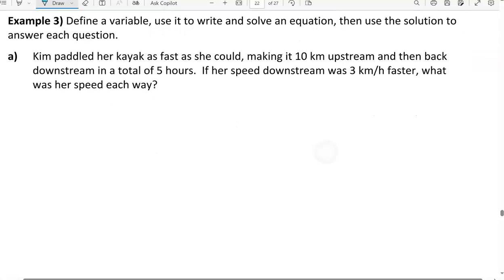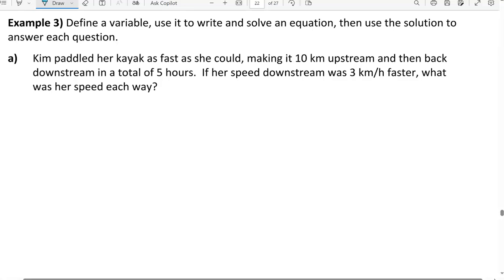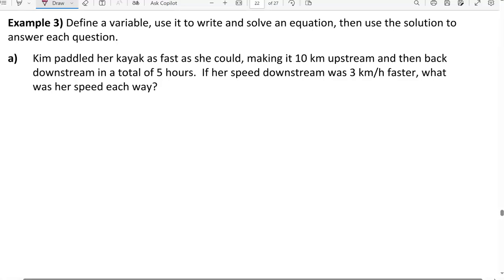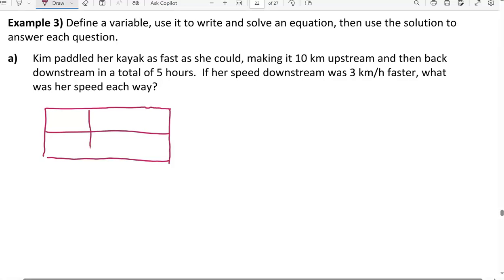So in example 3, this is a distance, rate, and time problem. We're going to set up a chart to organize our information. So Kim paddled her kayak as fast as she could, making it 10 kilometers upstream and then back downstream in a total of 5 hours. The speed downstream was 3 kilometers per hour faster. What was her speed each way? So